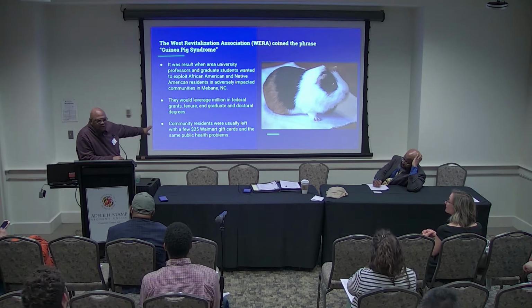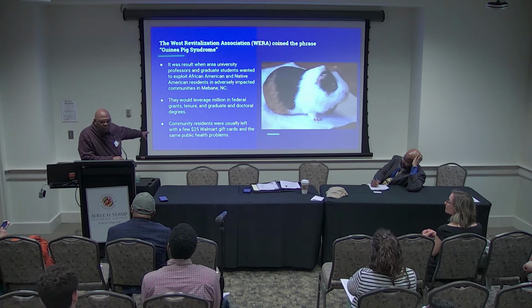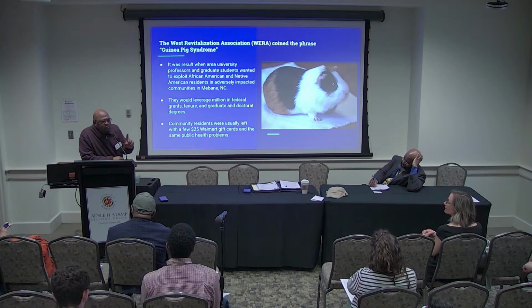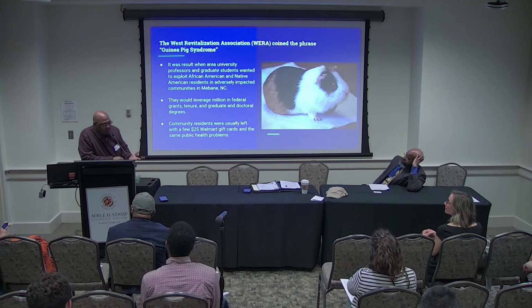$25 is average. I've talked to people in our community and our adjoining neighborhoods who are professors from major universities in the state of North Carolina who bought them cold cheese biscuits from McDonald's to encourage them to do research with them for a $1 million or $2 million grant application. I mean, if that's third world, that's worse than third world. These are reputable institutions. And by the way, they're not only white, they're not only black, they're women and other people of color too. They're Asian, right? Who are mistreating other people of color, right?